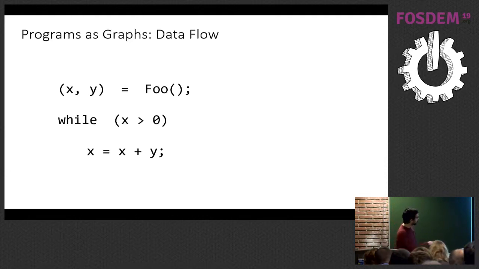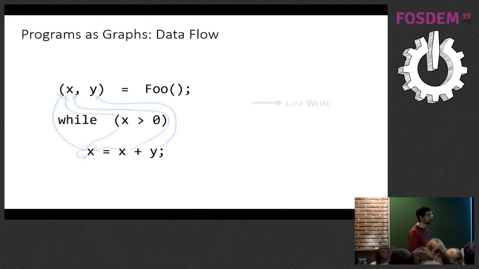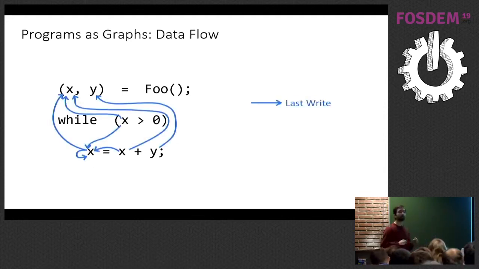So the first thing is we can add an extra type of edge. The previous ones are still included here. It is called last write. Given a specific position within our program, like this y, when was the last time that y got written? So in this case, y is just here. It was written just once.